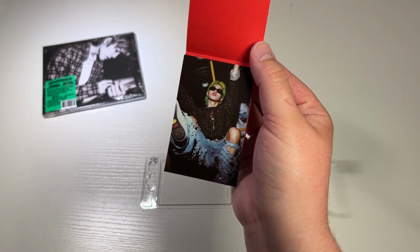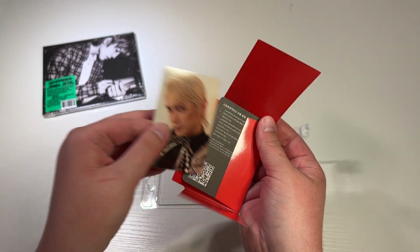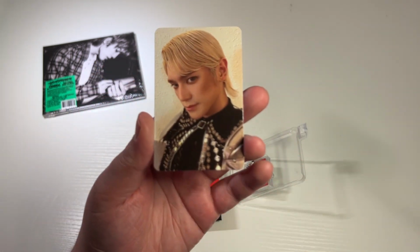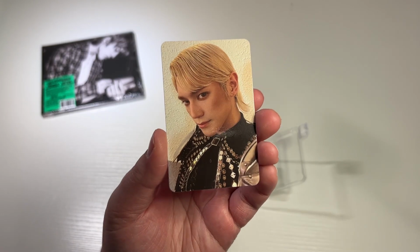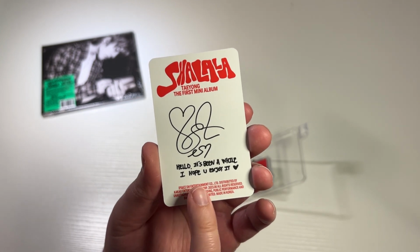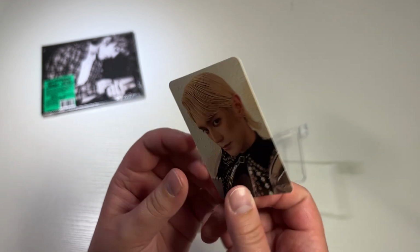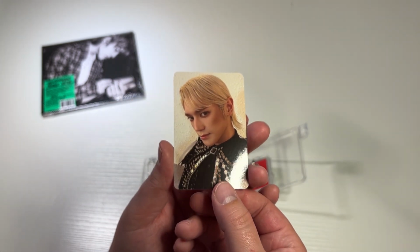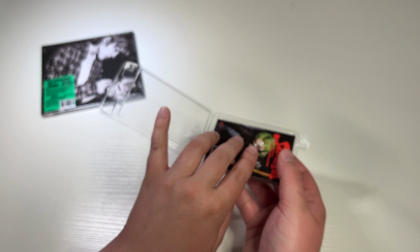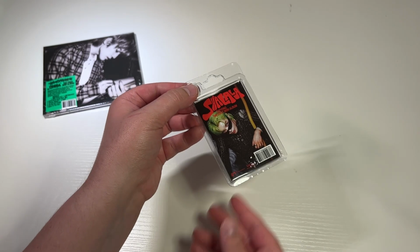Okay, so the inner image is definitely from the music video. Ooh, okay. This is the photo card pull. We got Knight, Taeyong, Mr. Knight. Also from the photo card version, and that's kind of cool. It says, "Hello, it's been a while. I hope you enjoy it." Nice. I wasn't expecting necessarily to have any messages written in English, so I like that. I love this card. Very cute. Now the S Mini version will go to the side,